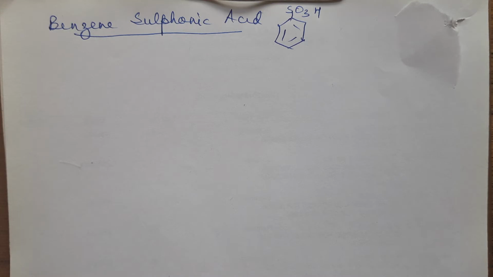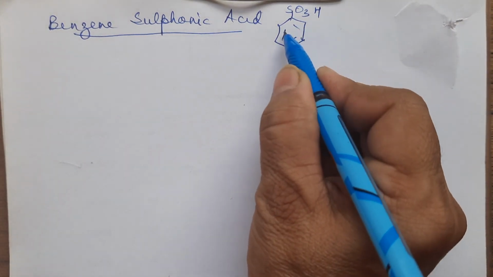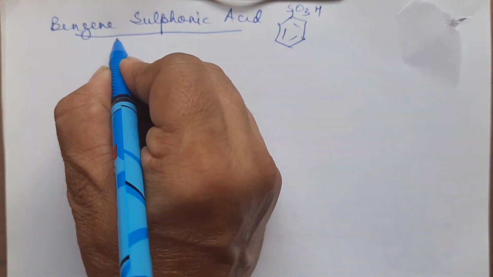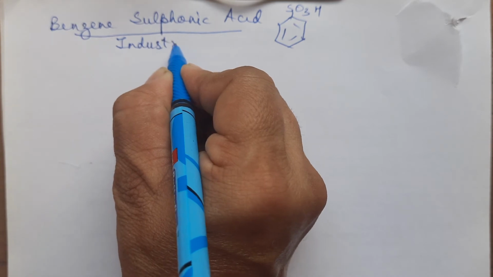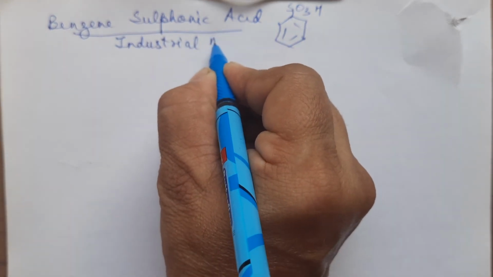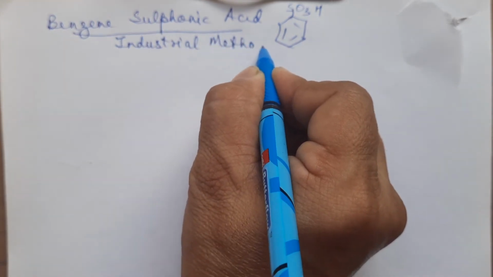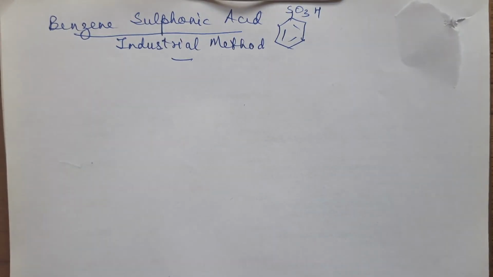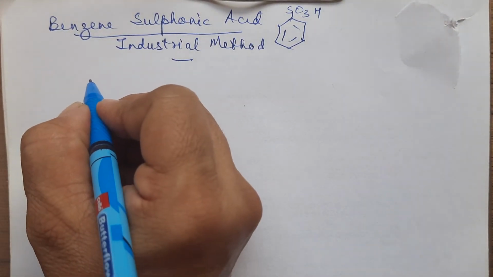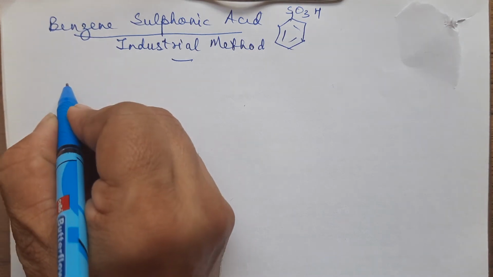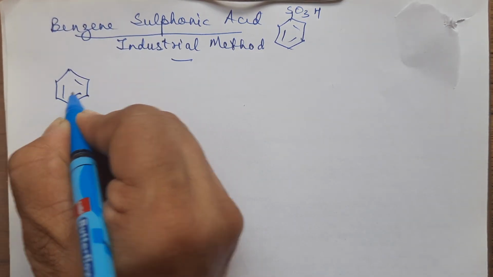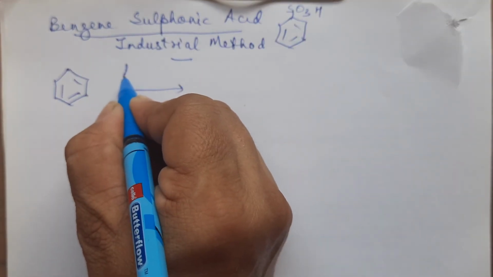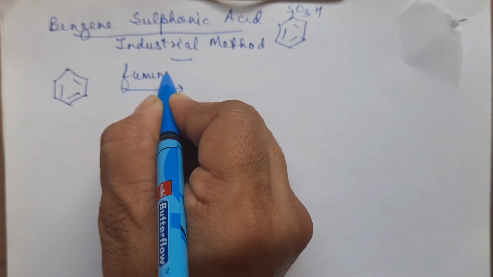Next preparation of phenol we are taking, that is from benzene sulfonic acid, C6H5SO3H. It's an important method. On a large scale, it can be prepared by using this method. It is an industrial method to prepare phenol. We have studied in the benzene chapter how you get this benzene sulfonic acid from benzene. Say this is benzene, children. Benzene in the presence of fuming sulfuric acid.